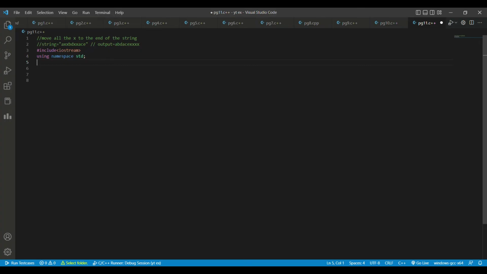Move the x to the end of the string. Let's take a string as this, and then we have to get the output as this, in which all the x is aligned at the end of the string. Now what we are doing here: first we save our string's zeroth element in ch, and then we have to call